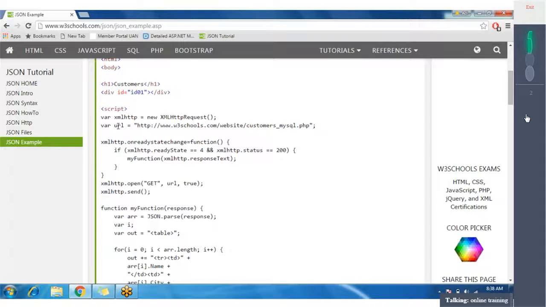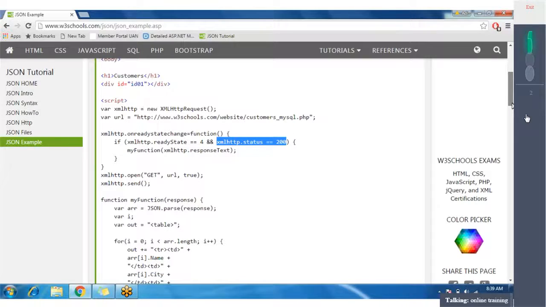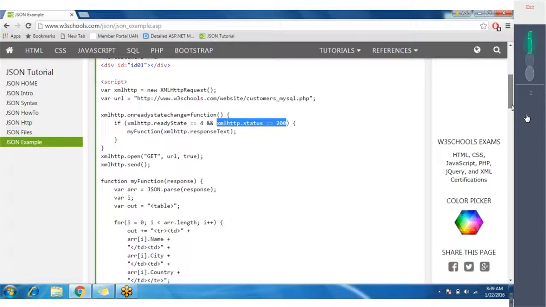Okay, so here is the URL I want to make a request to, which is a PHP page, and there is one function, onreadystatechange, of this object, in which I am checking that if readyState equals 4 and status equals 200, then I make a call to the function.